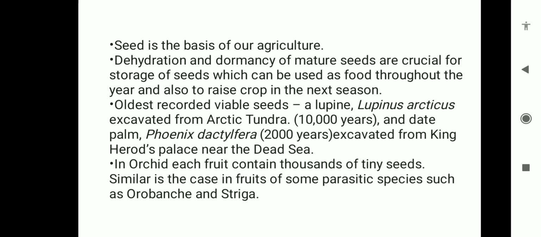Now come to the significance of seed dispersal and fruit formation. We know that the fruits protect the seeds. Everyone knows very well that because the seeds are present within the fruit, the fruits protect the seeds from unfavorable climatic conditions. Besides that, they also help in the dispersal of the seeds to distant places. Suppose, students, the seeds are collected at one place, then what is the significance of that? There would be no benefit at all. For economic benefits, much more dispersal of the seeds needs to occur. The more dispersal there is, the more benefit we get.